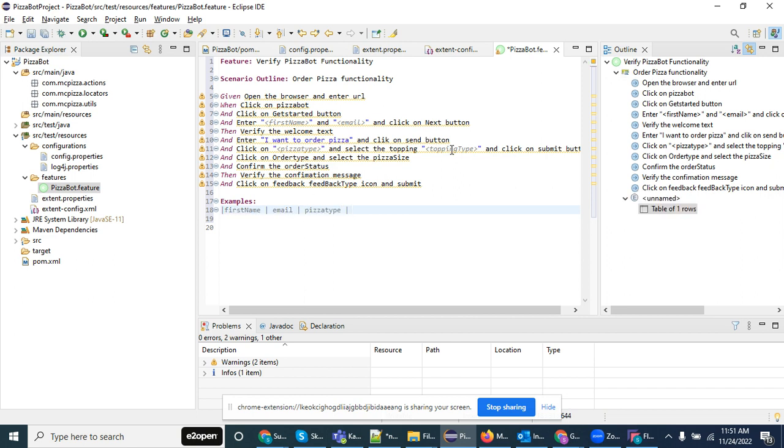And the next is topping type. Okay, so now I am passing first name, email, pizza type, topping type, and click on order. And order type, even this I can pass as a parameter,